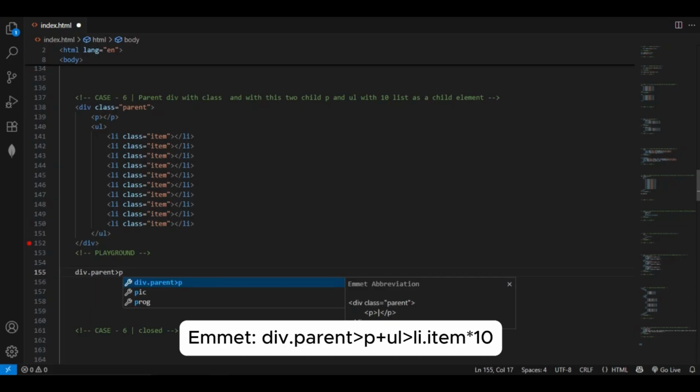So for that just enter plus and then the tag name ul, and then we need 10 children, 10 list items as children within this list. That's why we need to take the greater symbol again, and after this greater symbol just write li,